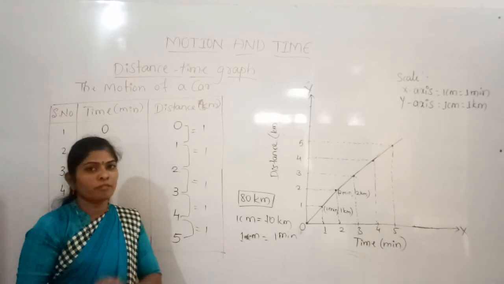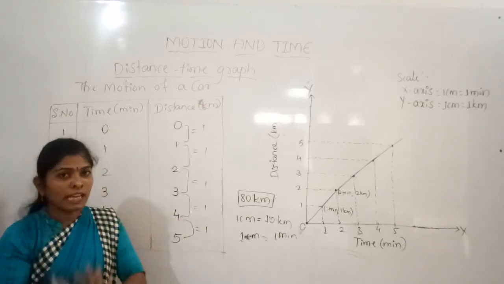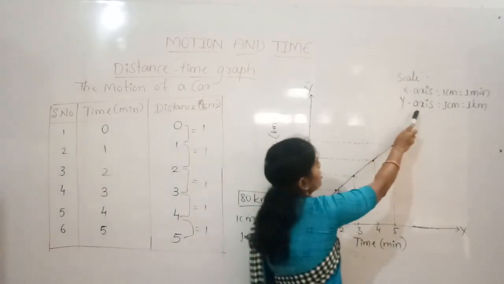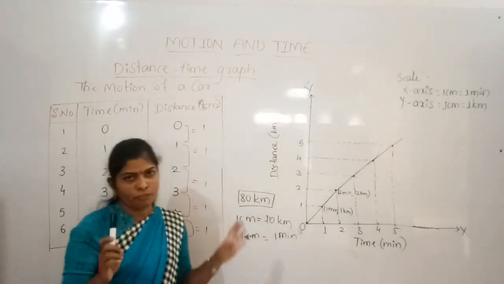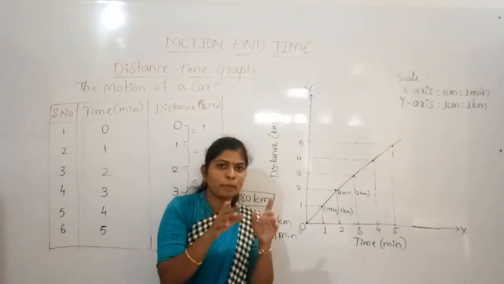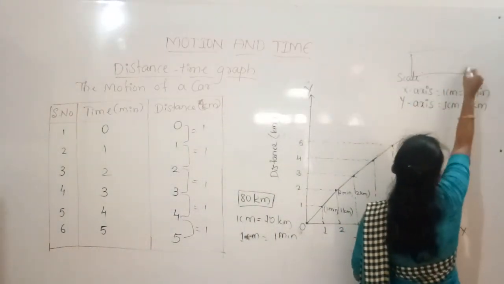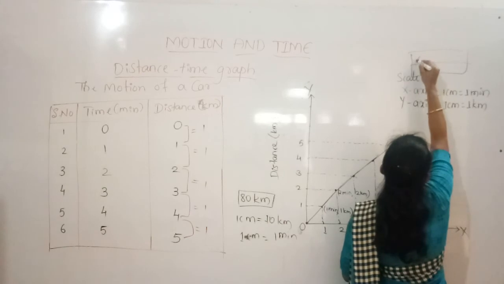Whatever scale you have taken according to your convenience, you have to mention it at the corner of this graph, or in your graph paper some lines will be given for writing the scale. Here it will be given x axis